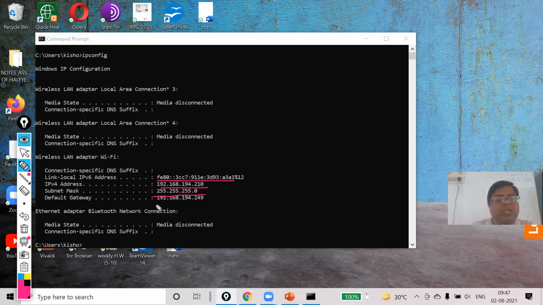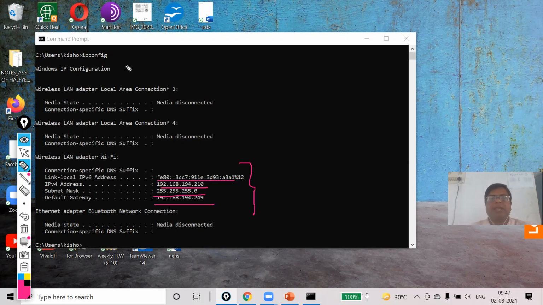The subnet mask it is showing, and the default gateway. It means my network is okay, my dear. But sometimes if there is a problem in your network, it will show you. I cannot turn off my network, so I cannot show you, but you can understand by this that my network is okay.